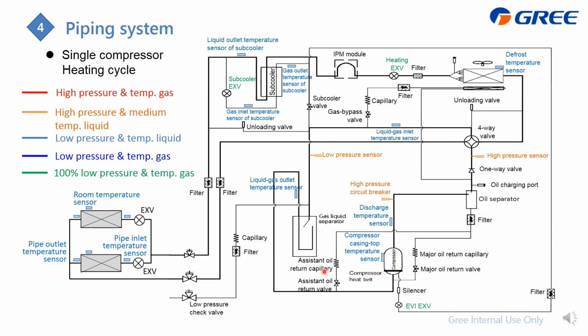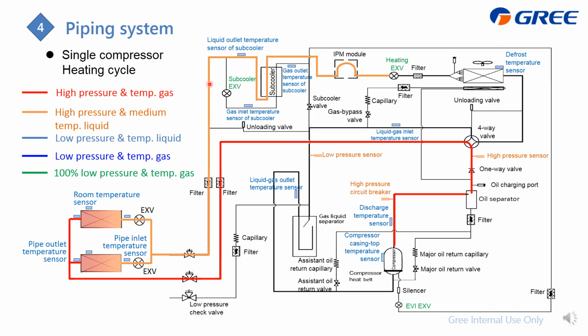As for the heat tank, this time the refrigerant from the compressor will first go to the indoor unit, which is here, and the refrigerant will become high pressure and medium temperature liquid, and then get through this indoor unit EXV. Also pay attention that the refrigerant will not get expanded here. The EXV here is just to control the flow amount or flow rate to make them balanced, not get expanded.